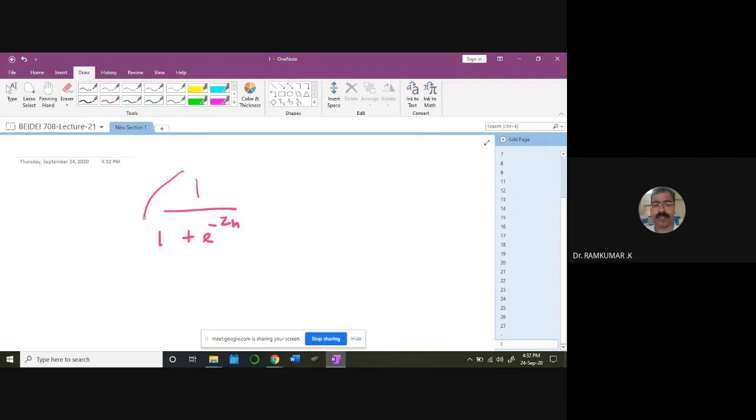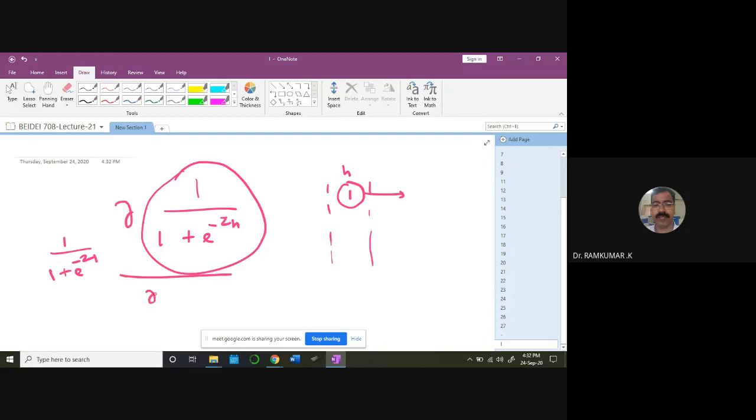That is a term you are getting from the neuronal output, the hidden layer output. Neuron 1, for example, in the hidden layer will give this activation output. That value is going to be 1 by 1 plus e power minus z1. And I am going to differentiate this with respect to ZH, Z1 for example. What do I get?